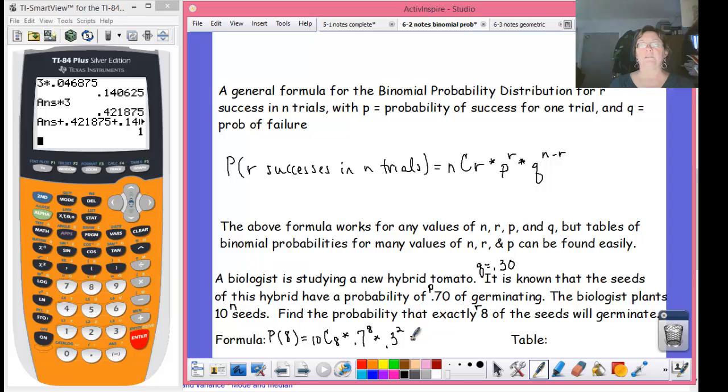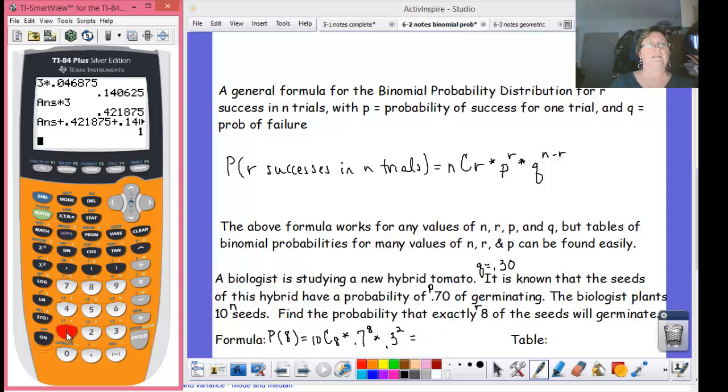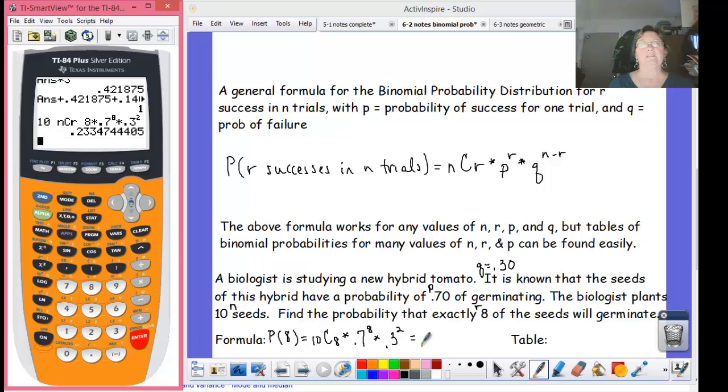As far as doing the work here, your calculator can help you out. 10, and you'll find the combination key under math and probability. It's option 3 there. 10 nCr, and we want 8 successes. We need that multiplied by 0.7 raised to the 8th power. We want that multiplied by 0.3, the failure probability, raised to the 2nd power. And again, those two exponents, 8 and 2, have to add up to 10. Let's see, that probability is right around